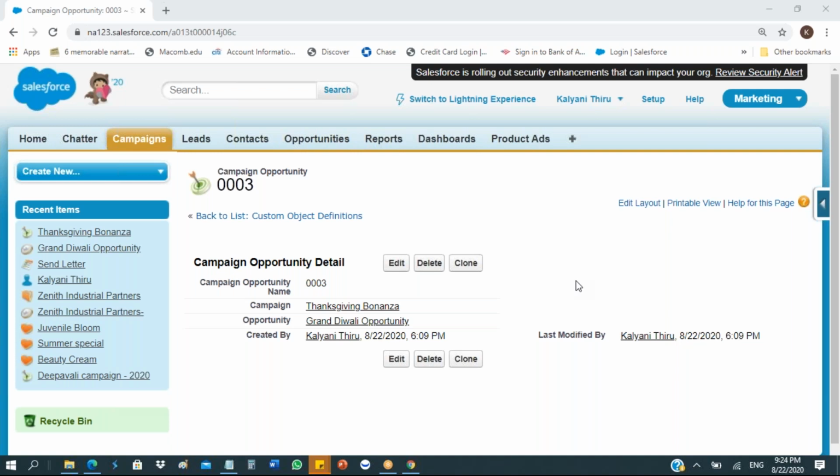that are given by default by Salesforce. Why I say by default is because you can name it anything. You can give a name like deal one, or you can rename it sales completed. Instead of opportunity one, you can say sales completed or deal one. Whatever you want to rename it, you can rename it. But opportunity gives you a checkbox. Go to the opportunity object setup, click on opportunity tab,